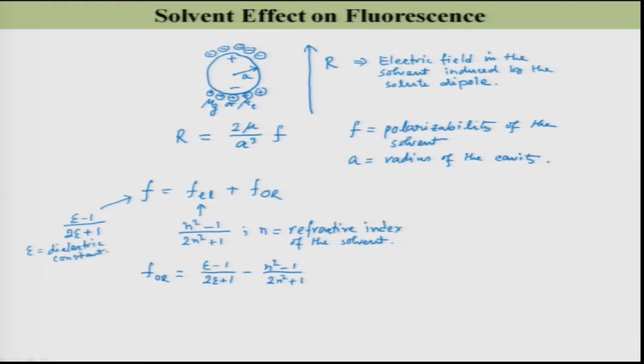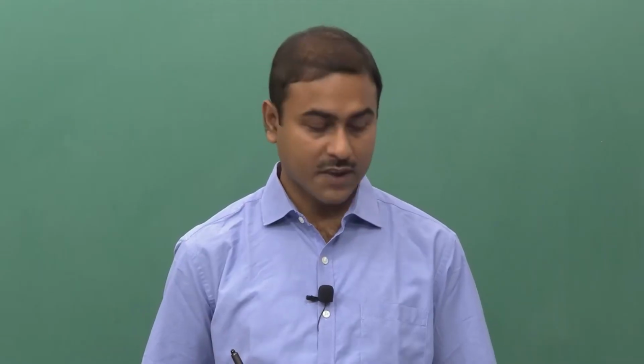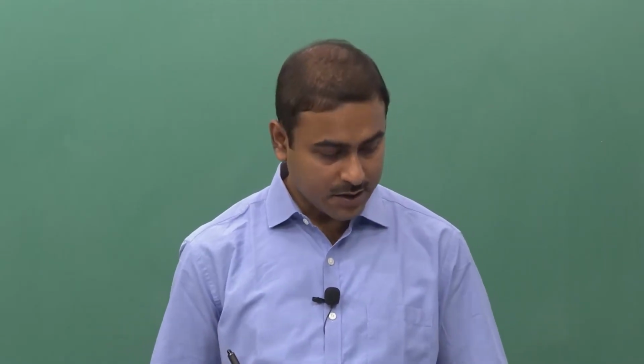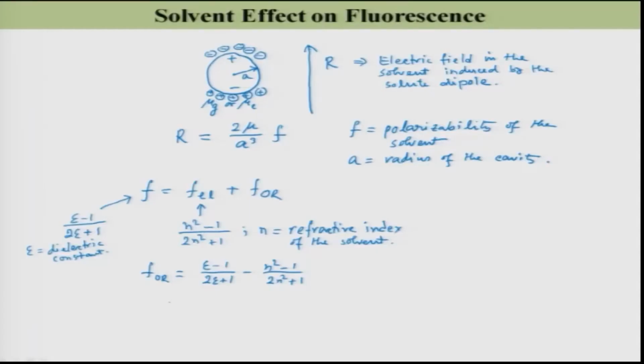Let us take this for granted, because I am not going to show you in detail how these things come about. However, one thing is clear: if the solvent does not have a permanent dipole, then F OR is going to be equal to 0. And then the solvation energy of the dipole,